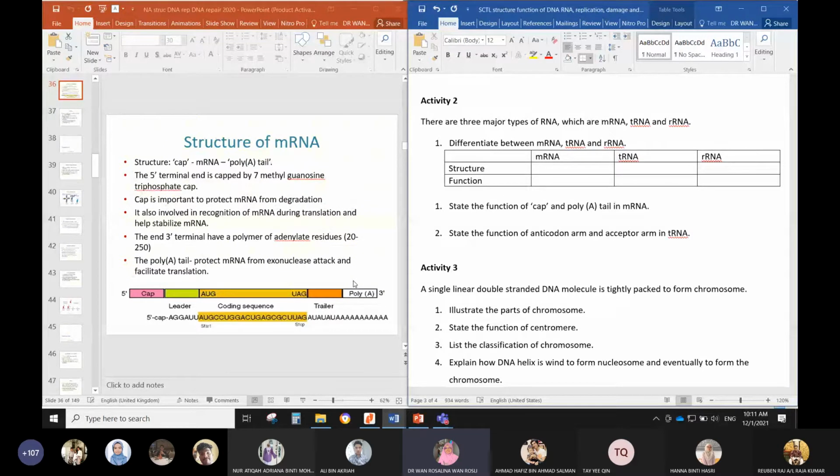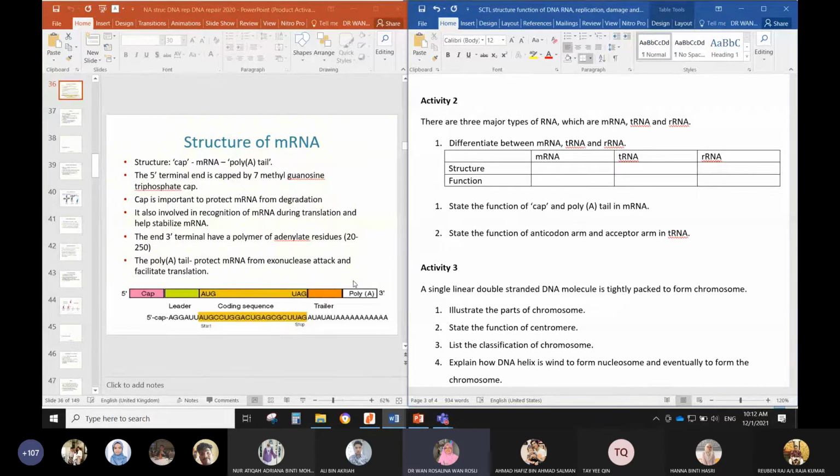So because of this, the cell would actually recognize any foreign mRNA or any RNA strand as something that would be potentially dangerous to the cell. That's why we have all these nucleases that would actually recognize this floating nucleic acid